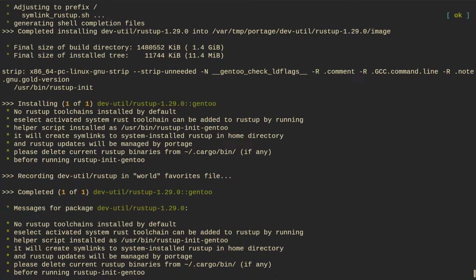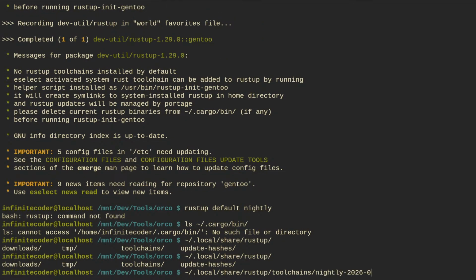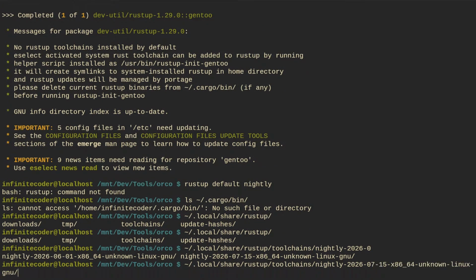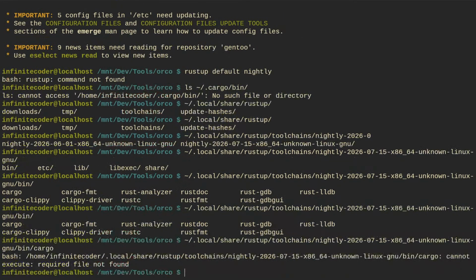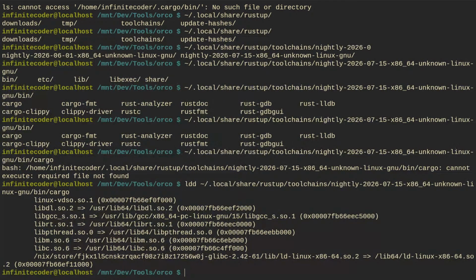Oh boy. I mean, I can try doing that. I don't have to install a toolchain. I can steal my old one, right? Cargo. Oh, right. Oh, what is not found? Nix store LD Linux.